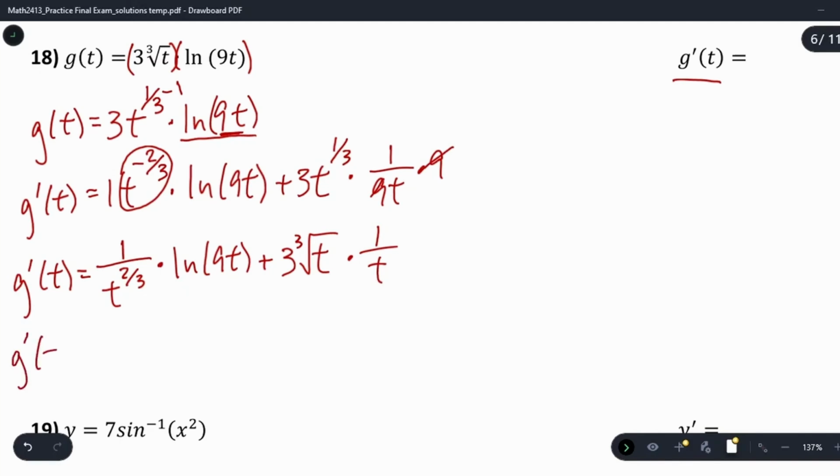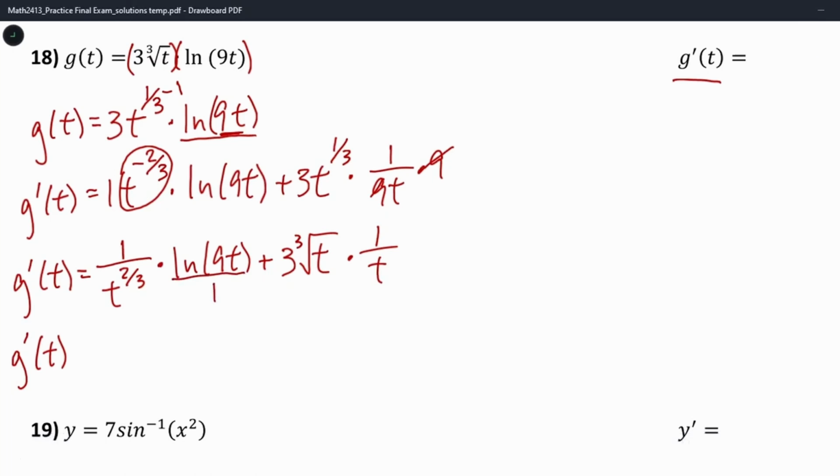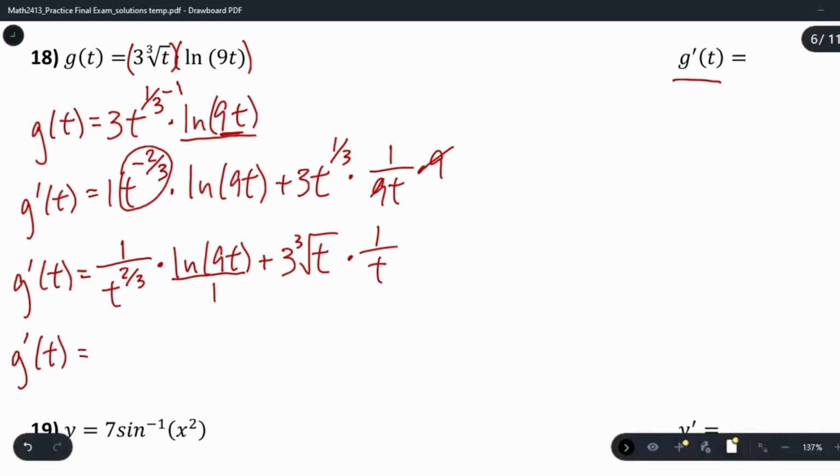So g prime of t, if I simplify again, we can see that this natural log of 9t, I can put it over 1 and then multiply those into a single fraction, giving us natural log of 9t all over, and if I put this back into radical form, that'll be cube root of t